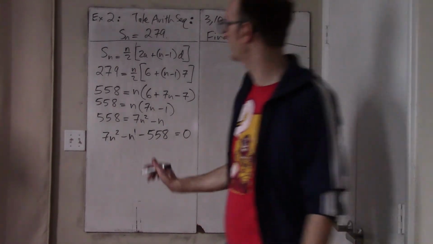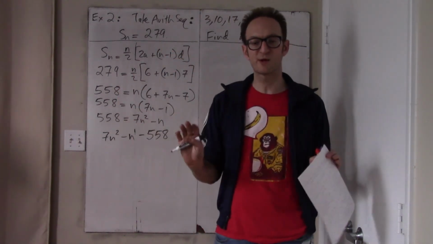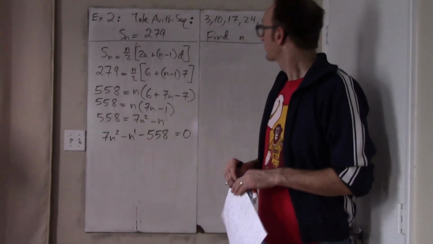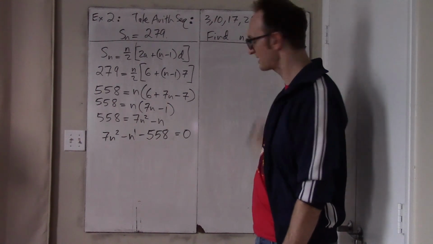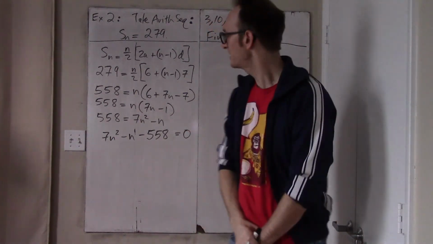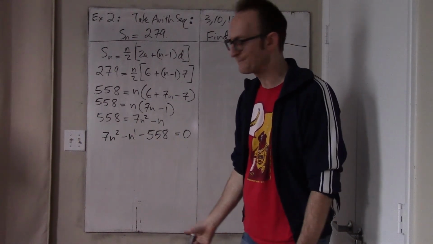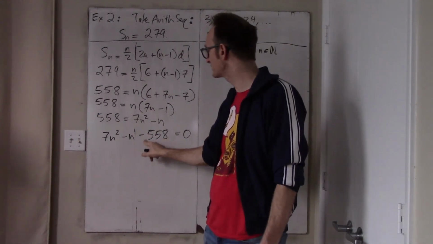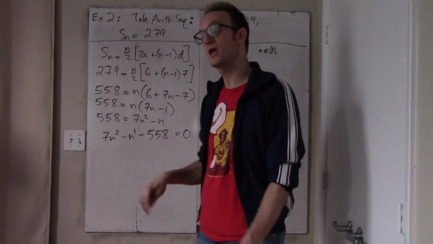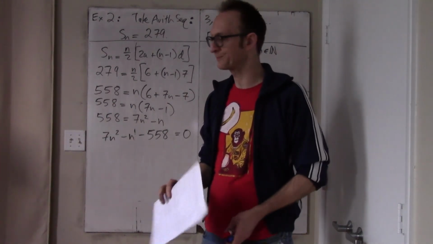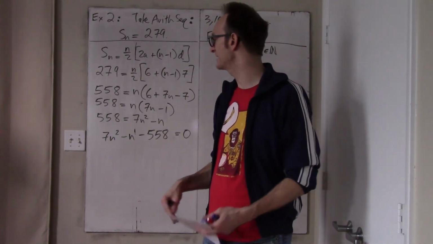You might be tempted to reach for a calculator or the quadratic formula, but no, I don't need the quadratic formula because the solution to this problem is an integer, right? N has to be a natural number. N is like 10 or something. So if n has to be a natural number, then one of my solutions is just an integer. It's a rational number. And so, if one of my solutions to a quadratic equation is a rational number, then the other one must be a rational number as well, because irrational roots come in pairs. Therefore, what I'm trying to say is this factors.